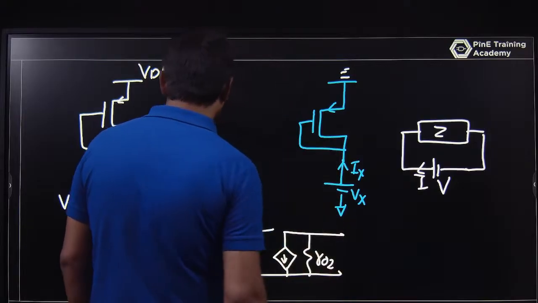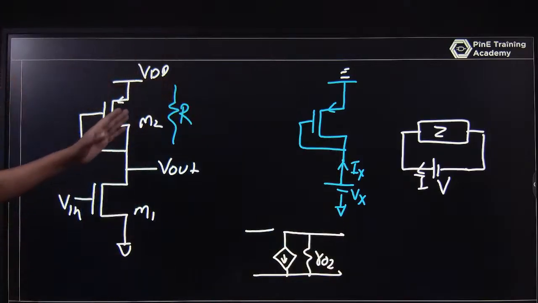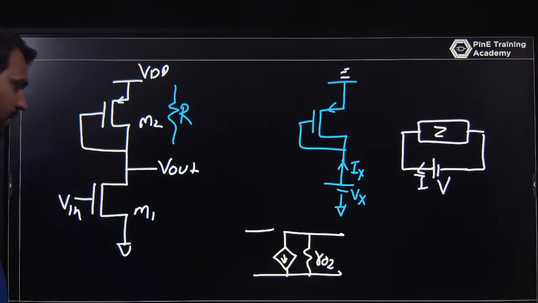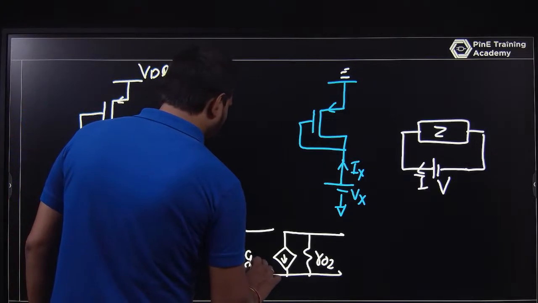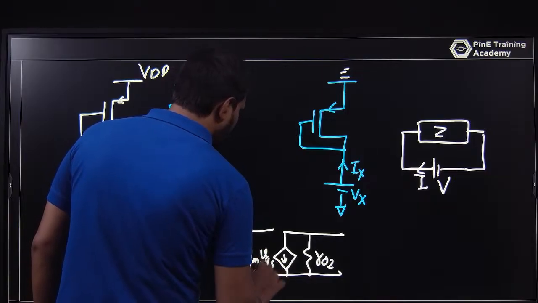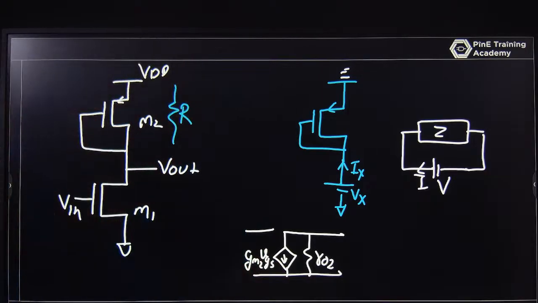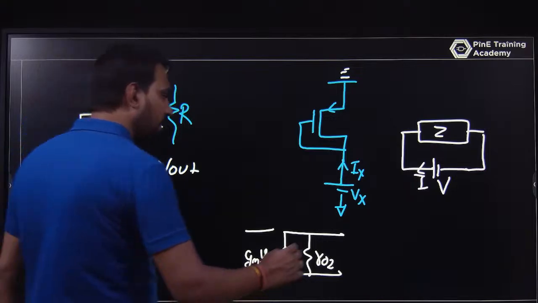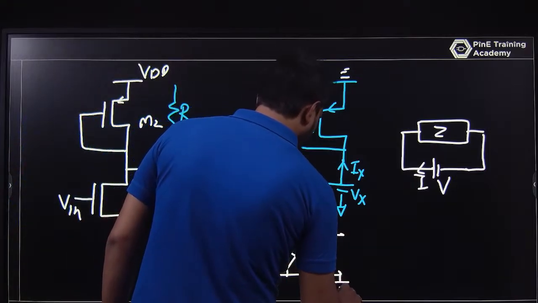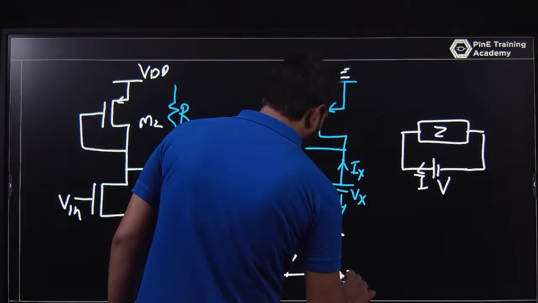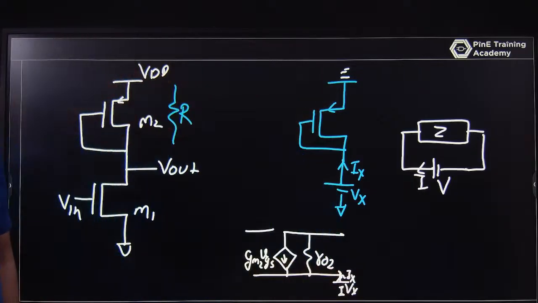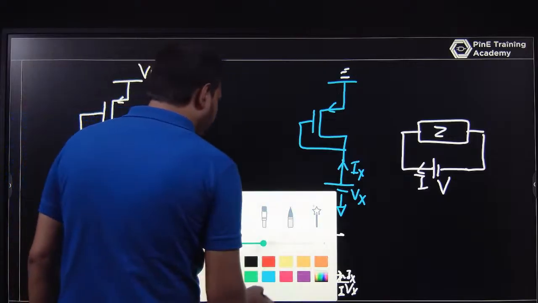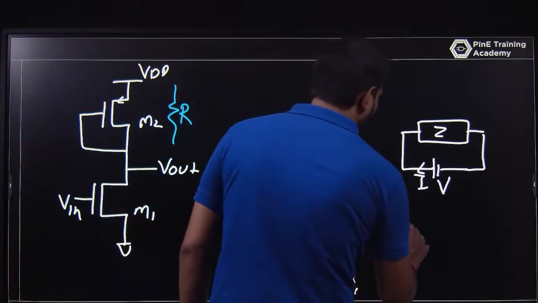I am saying that this is R naught 2 because this is M2. And this is GM2 VGS2. And you have a Vx here, and of course this Vx is here, and you find that Ix. So you will calculate what that value is. That Vx upon Ix will be your